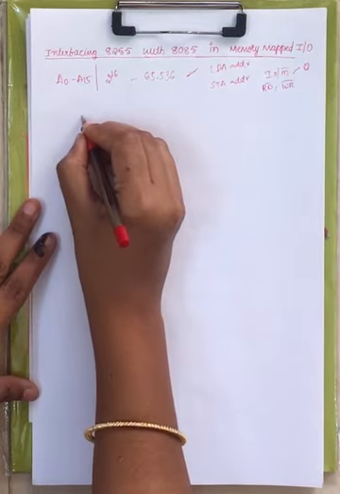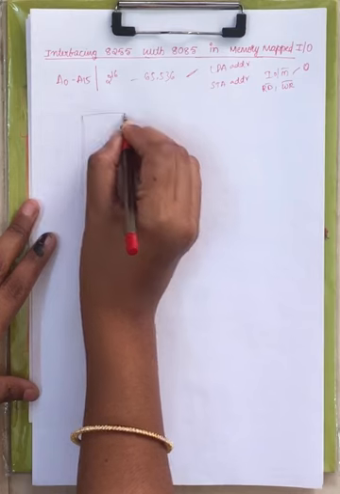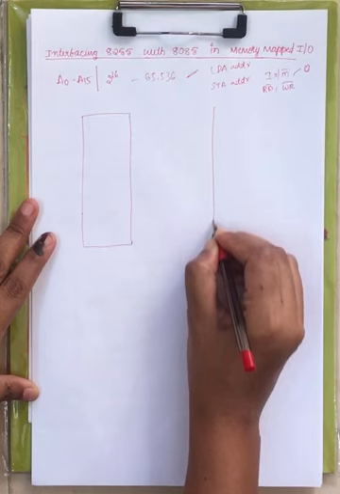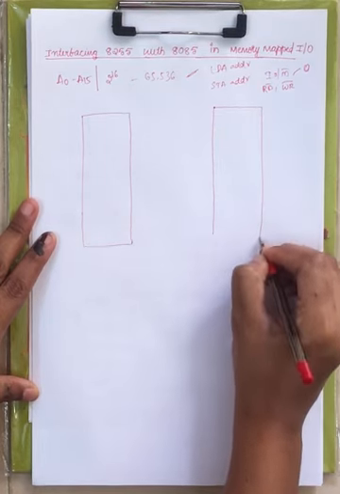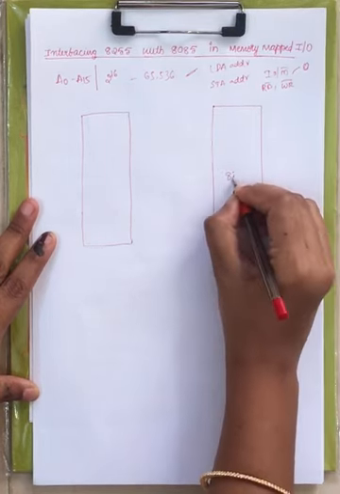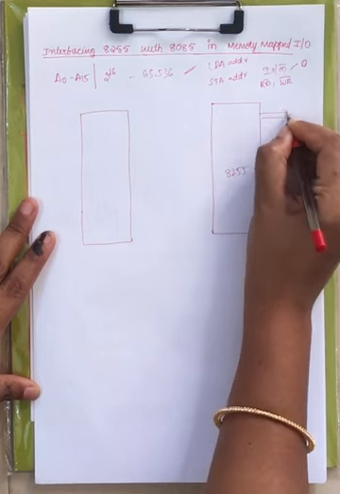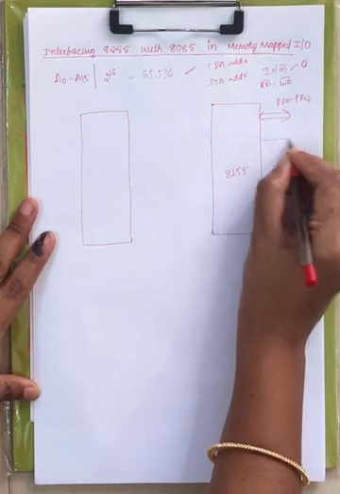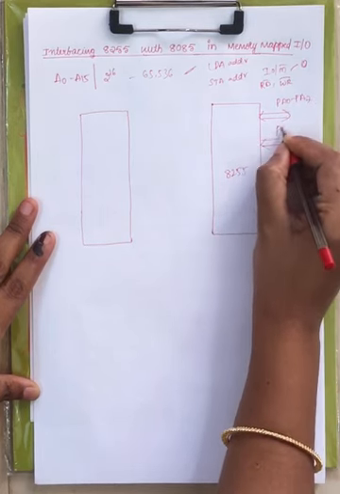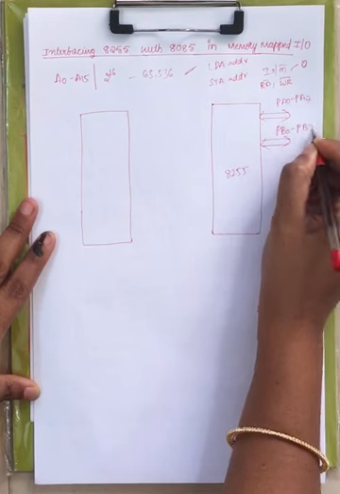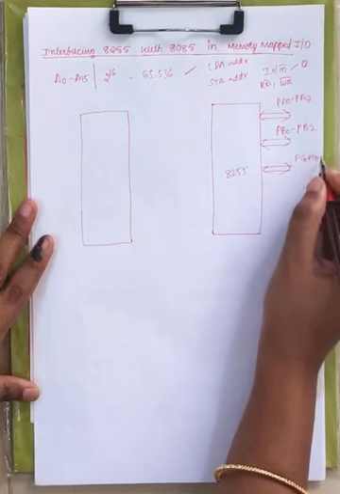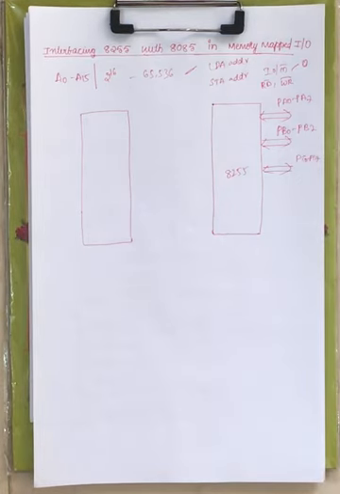Everything is same, I am saying again, everything is same, right? First I am representing the 8085 microprocessor, right? After that I will represent the 8255, my PPI, right? Now in 8255 you have IO lines of port A, that is PA0 to PA7, and next we have IO lines of port B, that is PB0 to PB7, right? And next we have IO lines of port C, that is PC0 to PC7. Together I have represented port C upper and port C lower, that is PC0 to PC7, right?